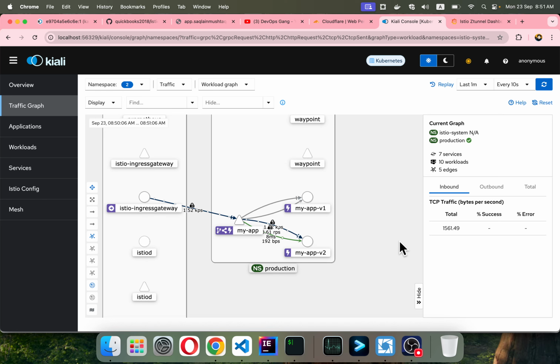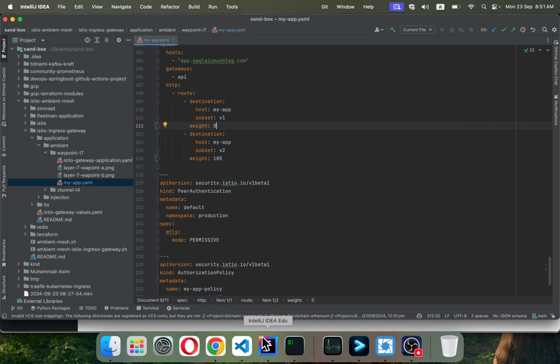This is how we can achieve the canary deployment. Definitely I have to make things less long. What I've done is 50/50 initially for the canary deployment, and later on I've routed all the traffic to my version 2, which seems to be working fine. Let's suppose we do have issues and we don't want to stick with it, and the QA department says that we are not satisfied with this version. So what we are going to do is simply change the weightage to 0,